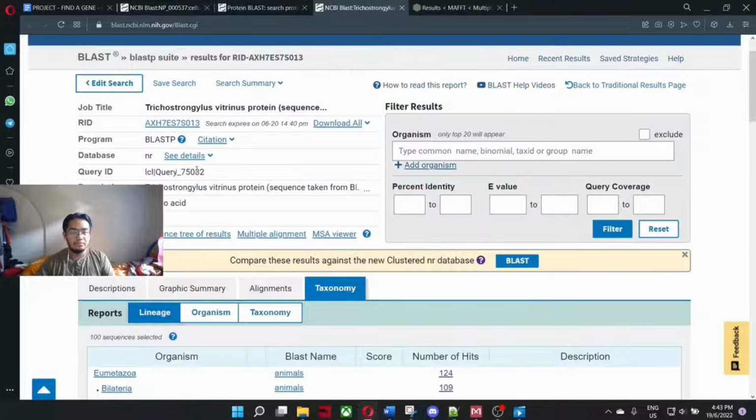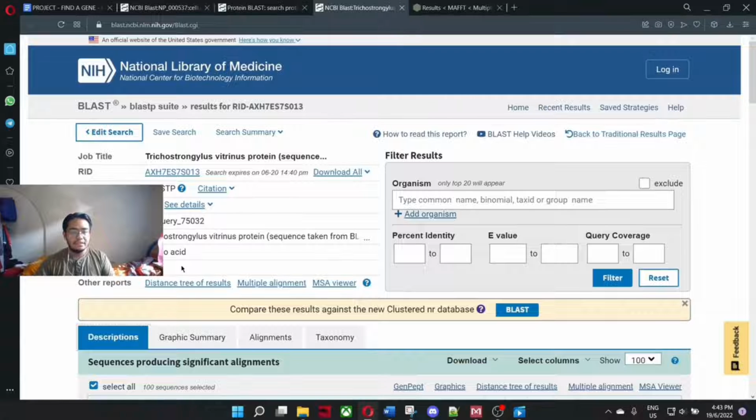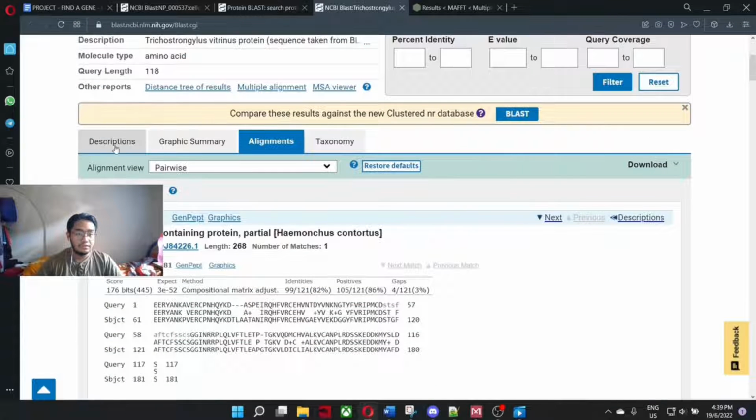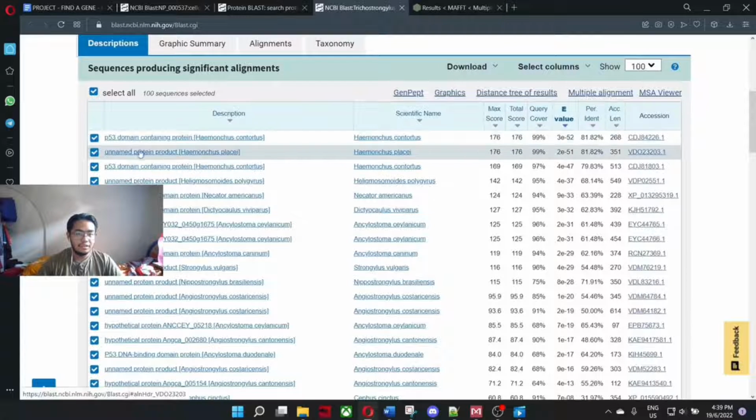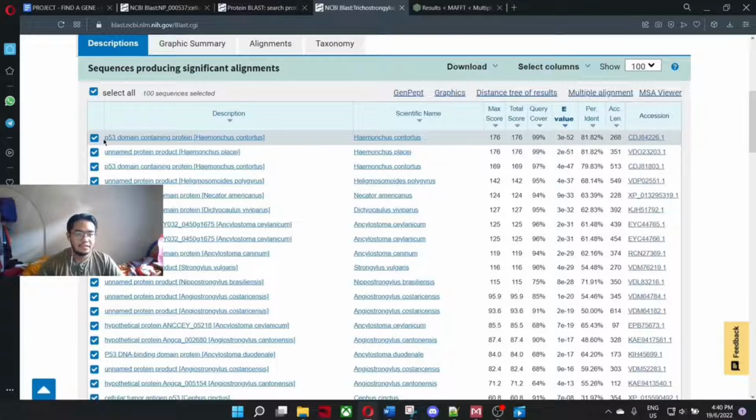And this is the result for the Trichostrongylus vitrinus protein. So this is the top hit of the protein, which is p53 domain containing protein from Haemonchus contortus, which